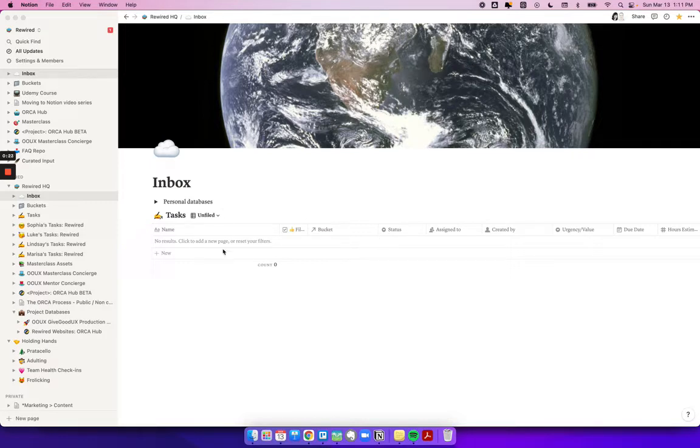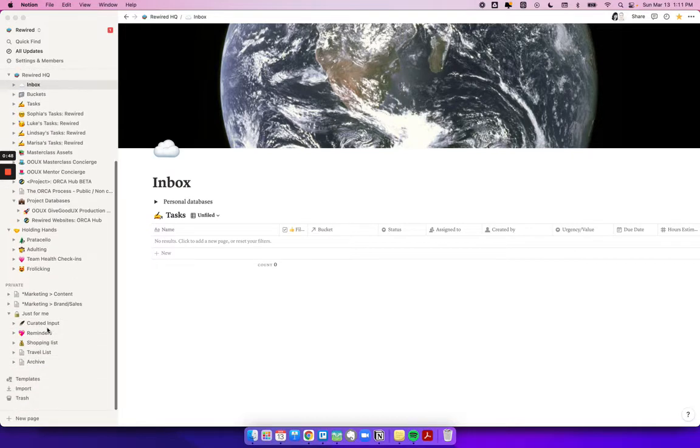So I've got this inbox set up. This is basically where all tasks come in. I have the ability to file those tasks and then add the data. So I have a macro task database that then gets triaged to all the projects. Sometimes they get converted into other databases. Most of them stay as a task, but sometimes they do get converted into, usually,